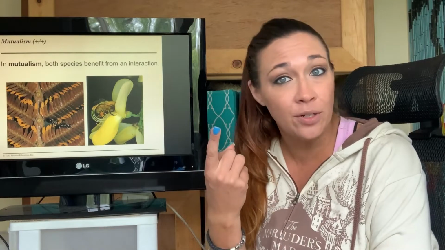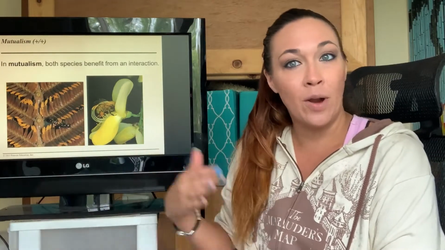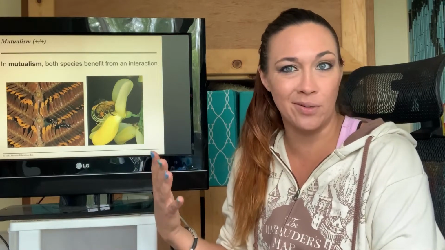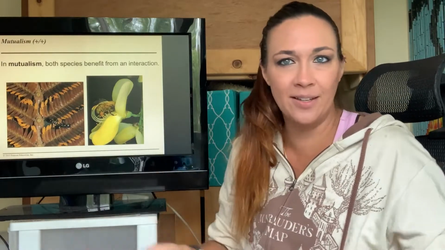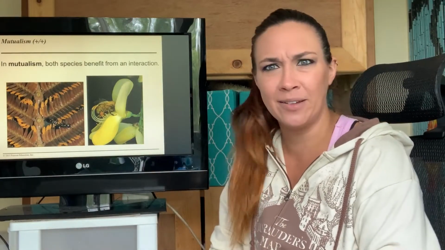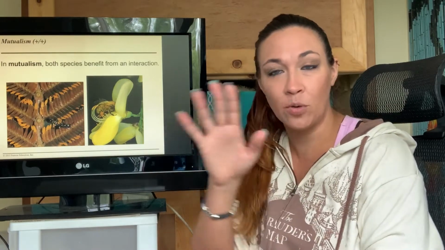The bee gets food, the flower gets to sexually reproduce with someone not right next to them. Right? If you're right next to someone, you're probably closely related to them, so you want to reproduce with someone who lives very far away from you. If you're a plant, obviously, not a person. I mean, maybe. You don't want to reproduce with anyone living in your house, probably. Unless you're already with that person.